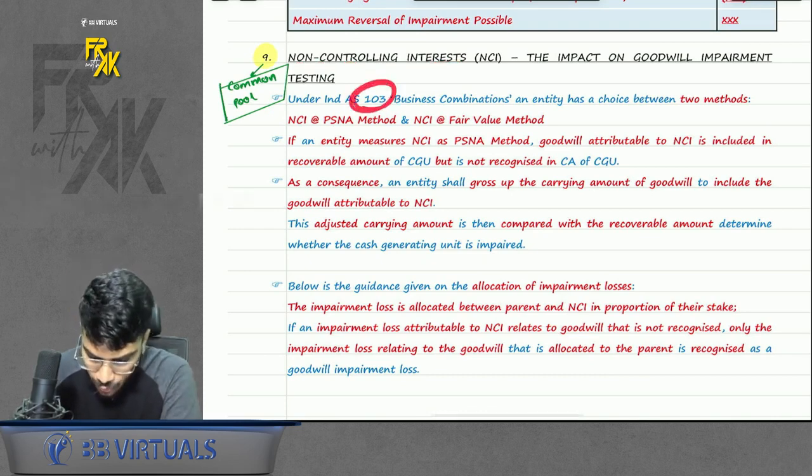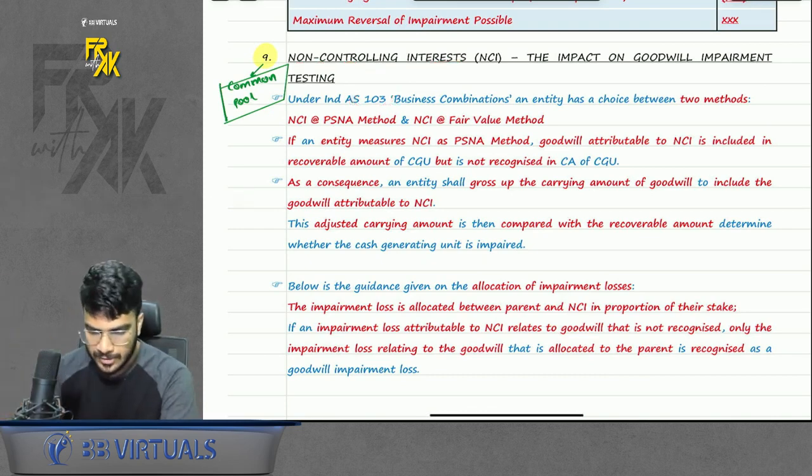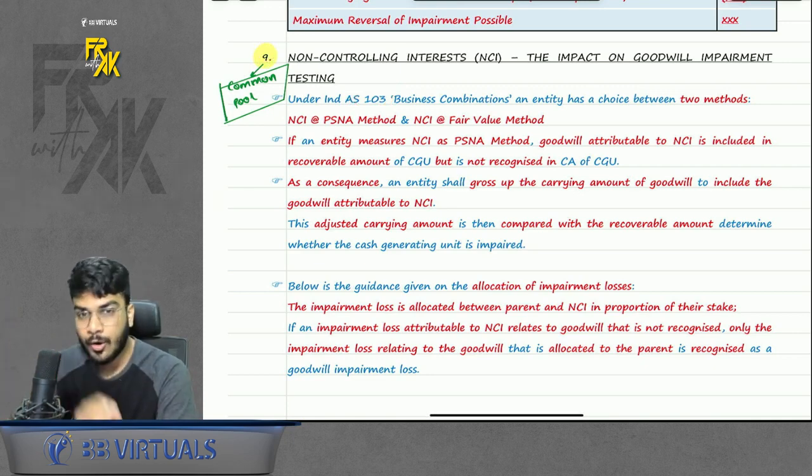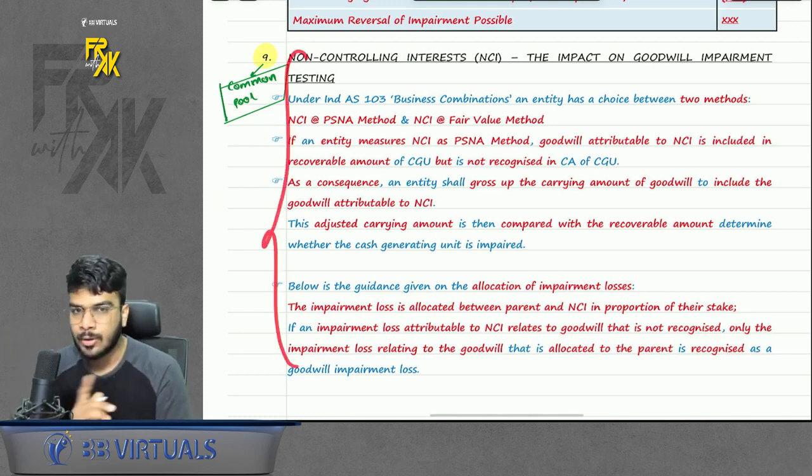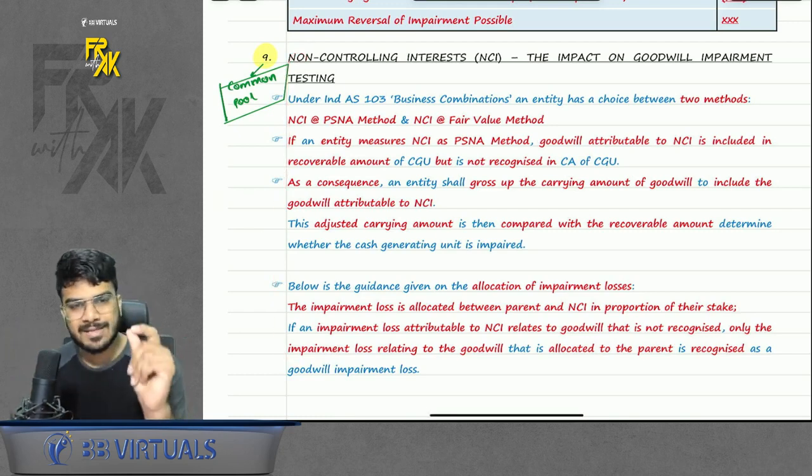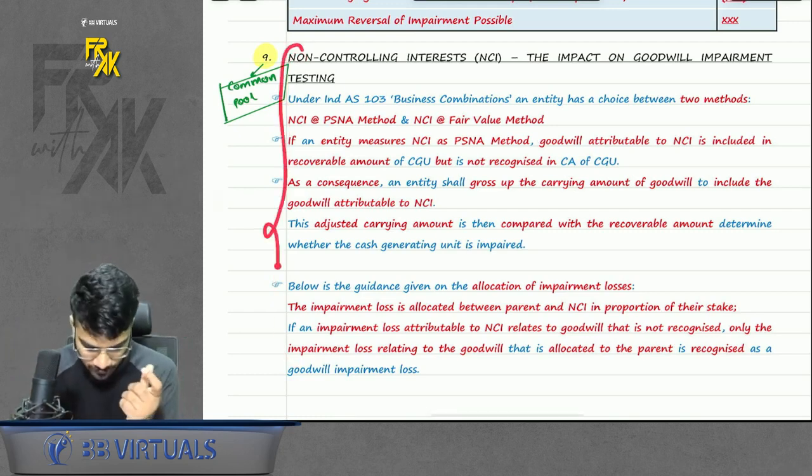So we will do this revision. I will record a separate revision for this separately. This point and the related questions of this point I will do in that separate revision video. So don't think that this is to be skipped. No, you have to complete this, but I will upload a separate concept video on this,